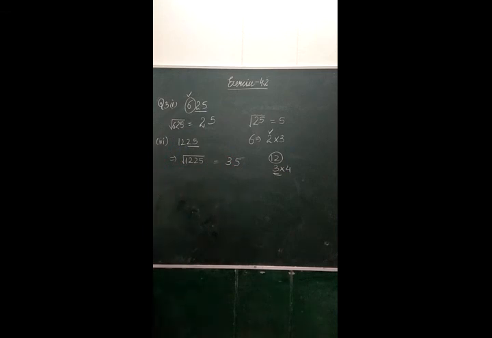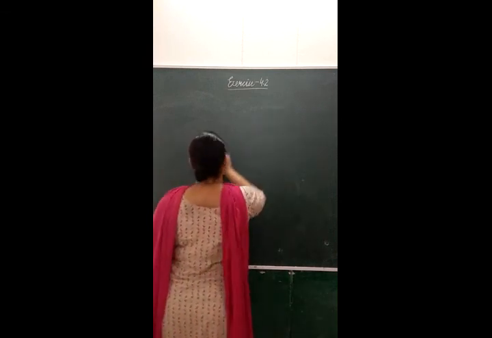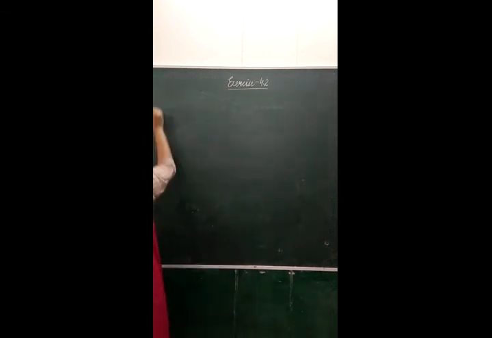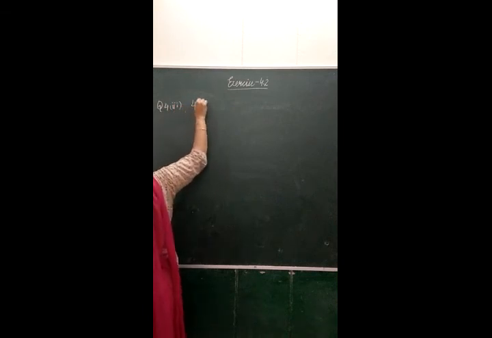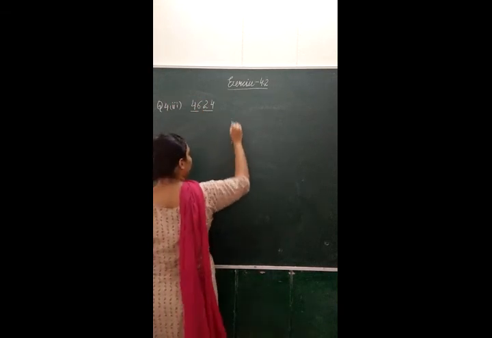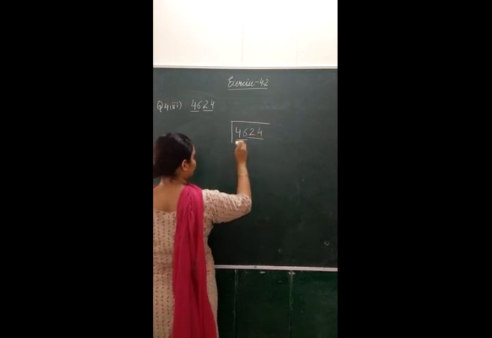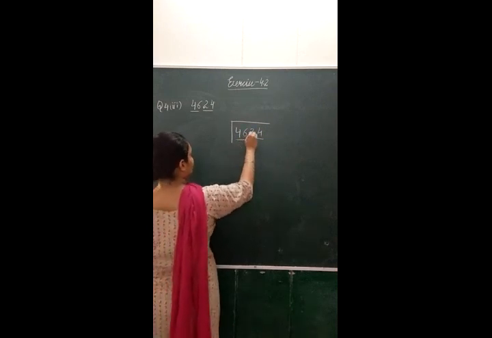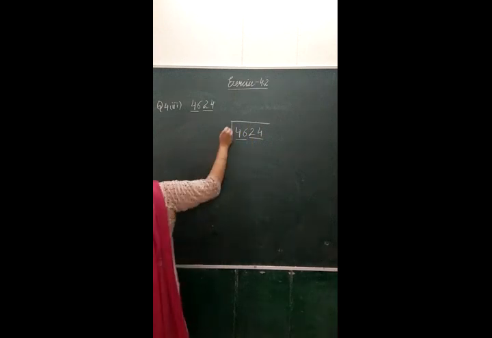Next in question number 4, we have to use the long division method to find the square roots of the given numbers. So this I have already explained to you. Let's take one example. Now I'm taking its third part, it is 4624. Make the pairs. Write it down. 46, 24. Firstly we will consider the first period. So this is near to the square of 6.